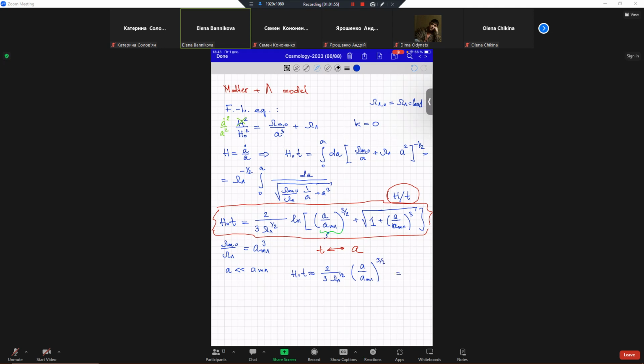And from this we can see that for this time the dependence of the scale factor as a function of cosmological time, to be approximately precise, looks like a tautology, but in any case,